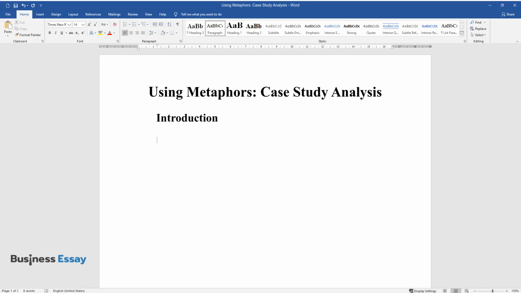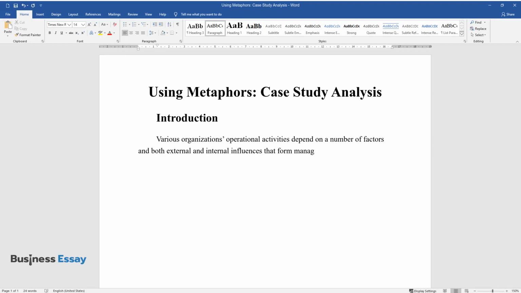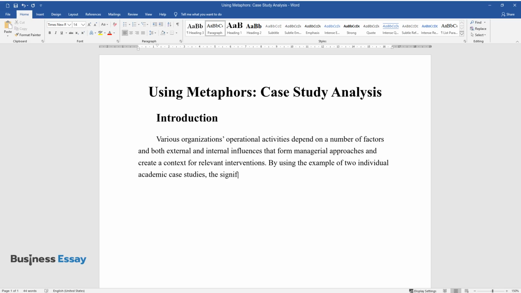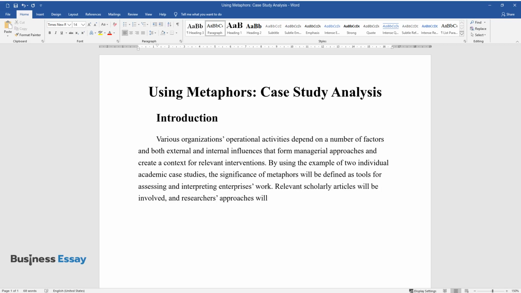Introduction. Various organizations' operational activities depend on a number of factors and both external and internal influences that form managerial approaches and create a context for relevant interventions. By using the example of two individual academic case studies, the significance of metaphors will be defined as tools for assessing and interpreting enterprises' work. Relevant scholarly articles will be involved, and researchers' approaches will be analyzed in relation to the role of metaphors in